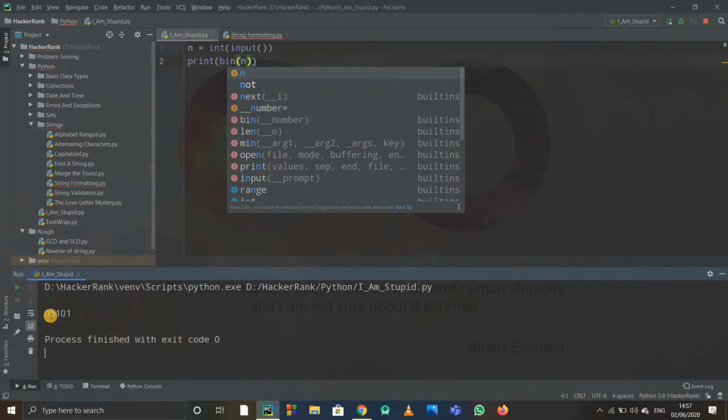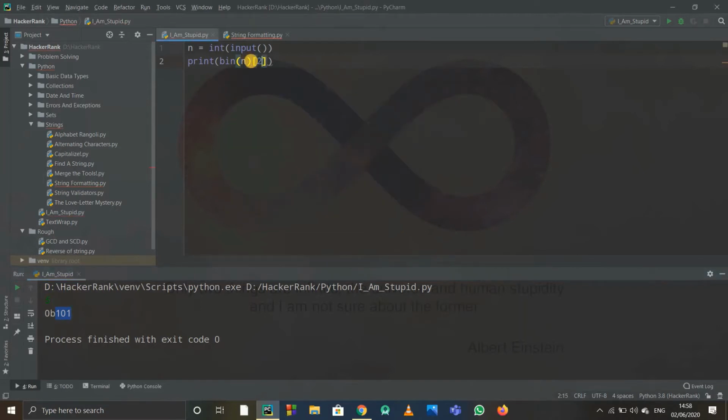Suppose I write 5. So it printed these two things as well. I just want the last elements. I don't want these two elements, that is, index 0 and 1. So we want to print from index 2 up to the last index. So simply I'll write over here from index 2 up to the last index. If I don't write anything, it means the last index. So now if I write 5, we just get the values that we need. We don't want the other values.